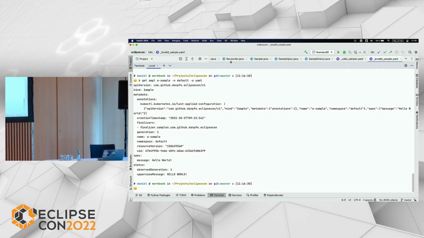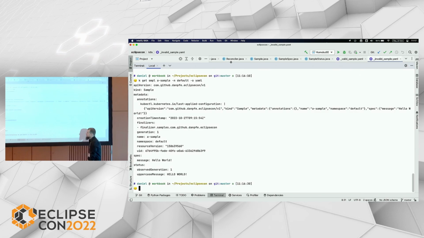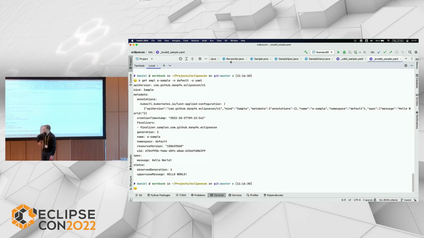So for example, this finalizer, that's what we added when we noticed that our custom resource that we sent to the cluster has no finalizer yet. So we added this. And as you know, when Kubernetes is trying to delete something, it looks at the list of finalizers, and when it sees a finalizer, it will not actually delete the resource until the finalizer has been removed. So we have to remove the finalizer, otherwise it won't disappear from the cluster. And this is our help to figure out, okay, we have to do something additional here, right? We see the observed generation, in this case the same as the generation that we have, and we have the message and the uppercase message.